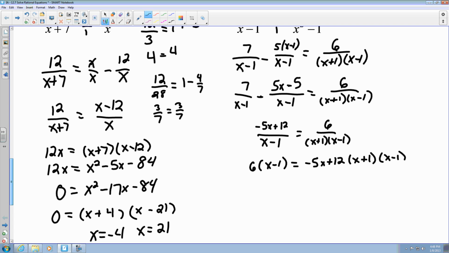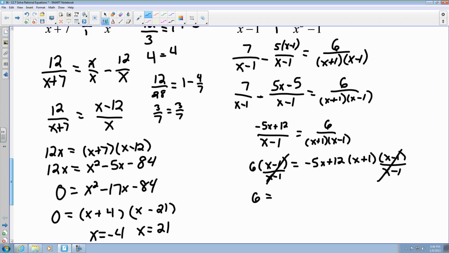I notice that I have an x minus 1 on both sides of my equal sign, so it would just be like dividing both sides by x minus 1, and those cancel. Okay, so that means I'm left with 6 equals,